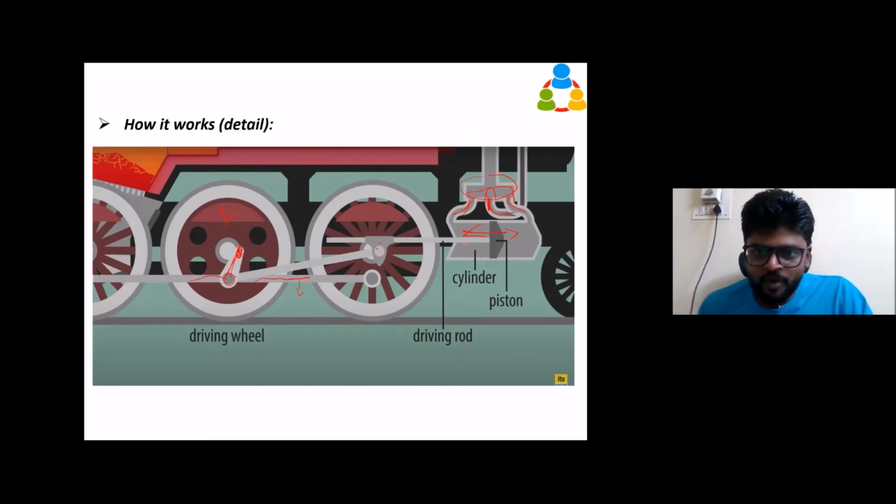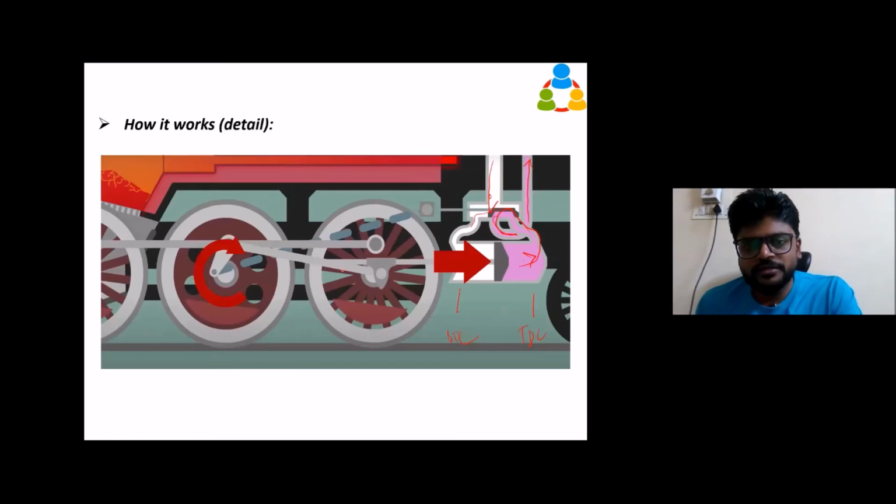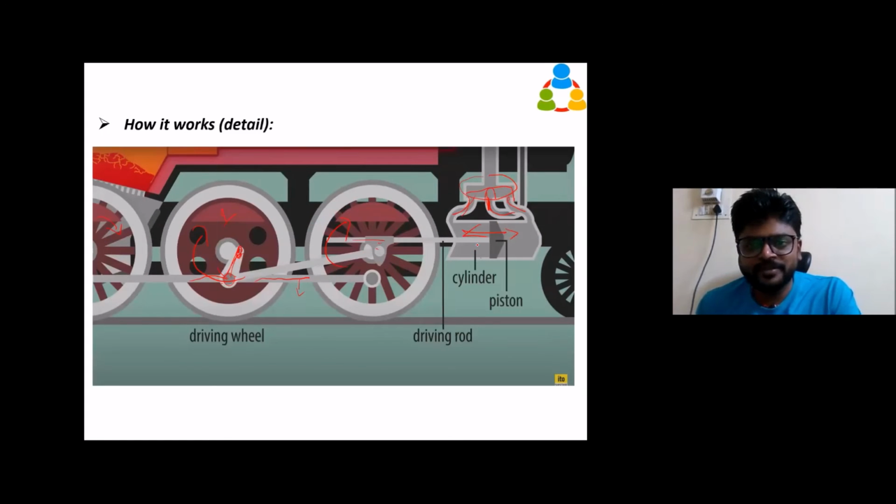When you imagine the block moving, this will move. When this is moving, it will push this. When it is pushing, what will happen? This is connected eccentrically, so it will try to rotate. When it is rotating, it will pull this rod also, and push this rod also. So this will also rotate. Everything will rotate. Got it? Any doubt here? How is this linear motion converted to rotational motion?